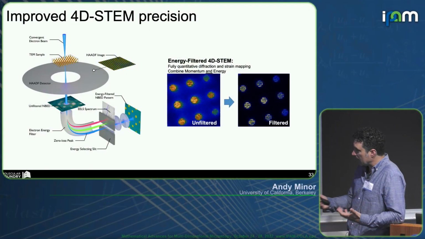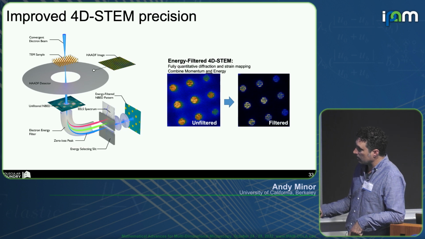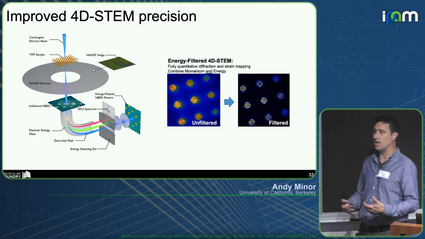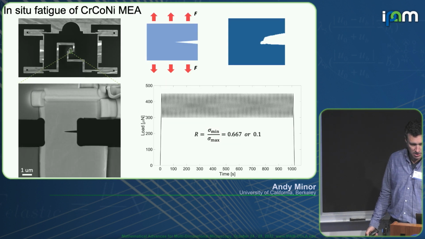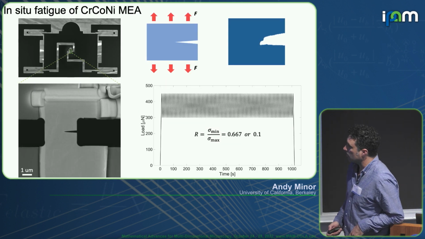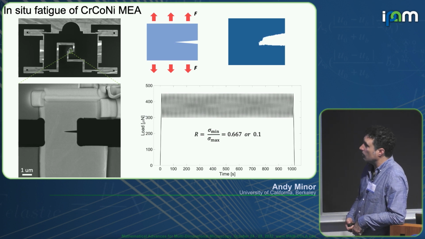And another big improvement to these types of experiments is energy filtered 4D STEM. So again, thick samples. And so the experiments I'm going to show you were all done with our new K3 at the back of our Continuum GIF, so that we can actually clean up our diffraction patterns, and it's much easier to analyze, even if you're not in a perfect zone axis, for instance. So the experiments that have started to work the best for us are experiments looking at fatigue. One of the reasons is that